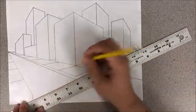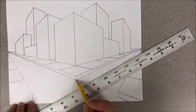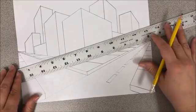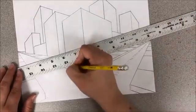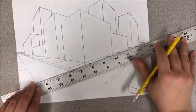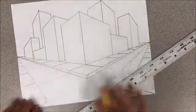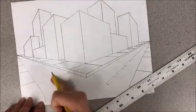And that generally is going to stop at the bottom of your sidewalk there. So we want it right at the bottom. And I'm going to go, if I had a line down here, it would start right about there. So I'm going to go to that line because it's starting at the street level, not at the sidewalk level. So there is the zone of where my crosswalk is going to be, and now I just need those thick